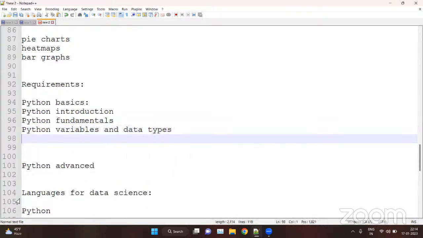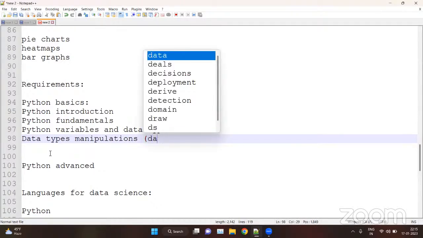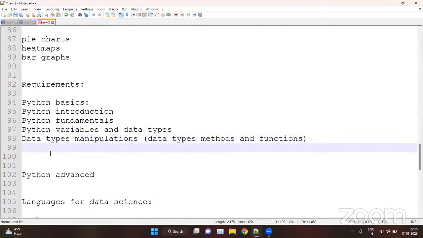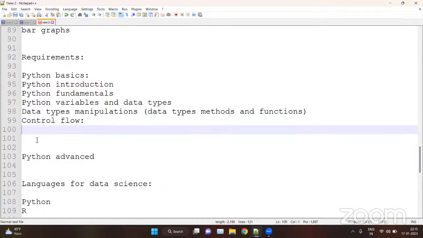Then you can go for the data types manipulations, that is data types, methods, and functions. Then you can go with conditionals, or we can say control flow. Inside control flow, we have conditionals and we have loops.